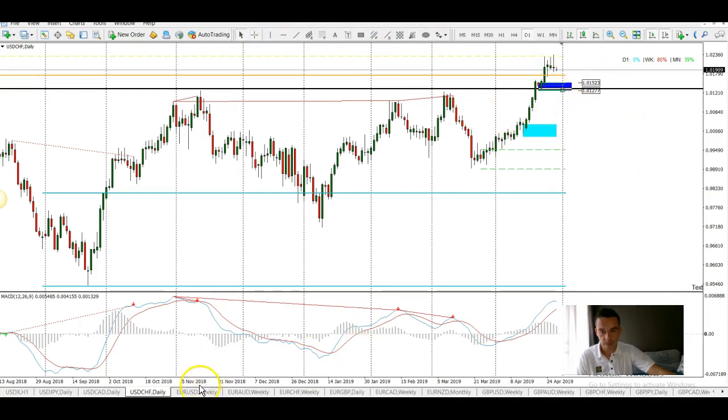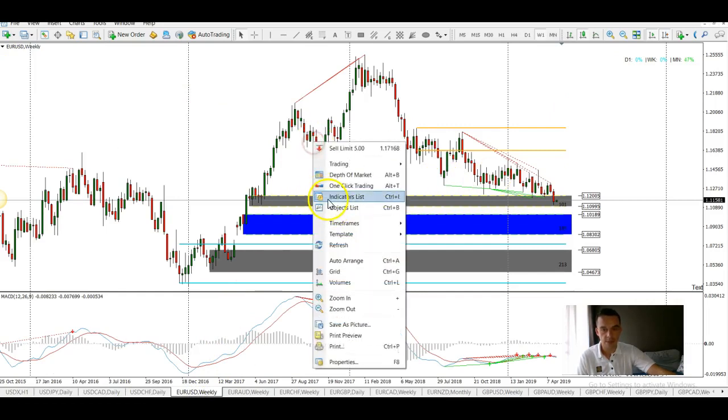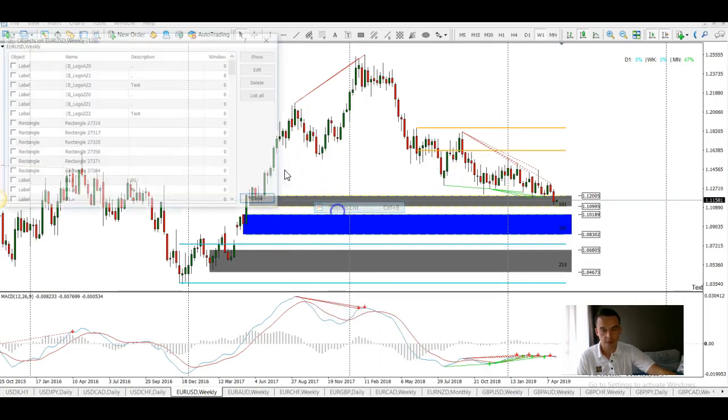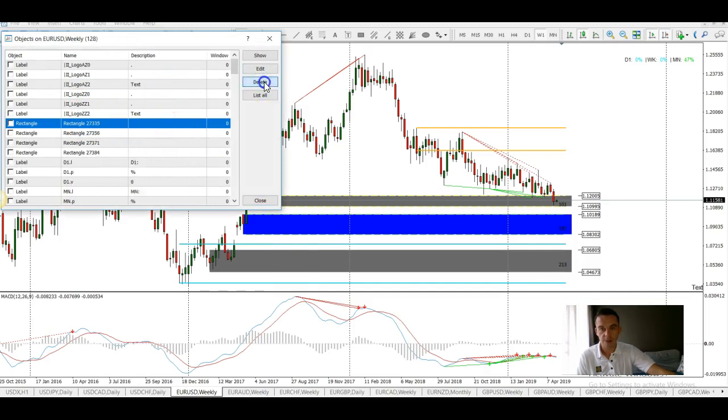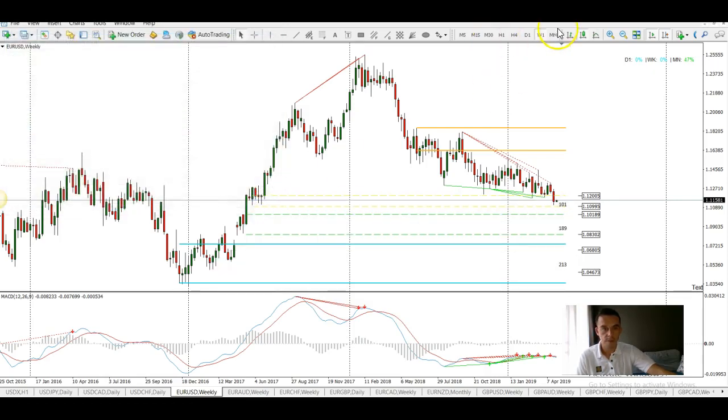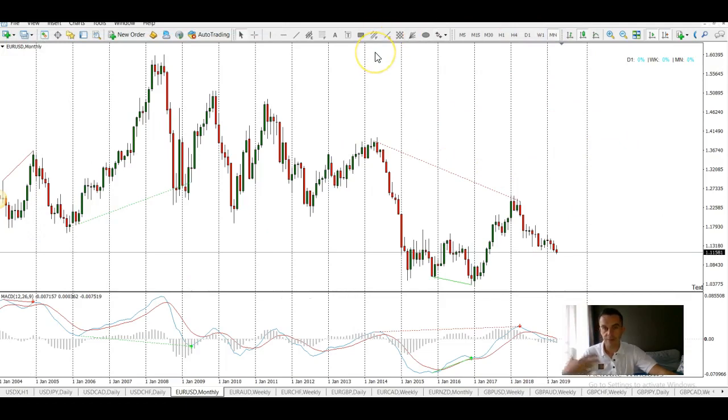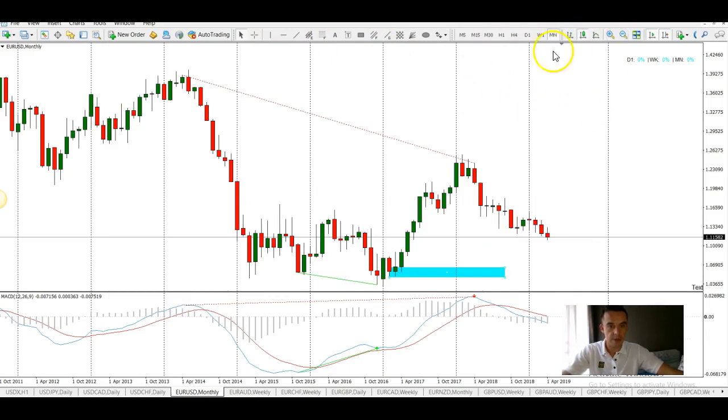Euro USD. Okay, we'll just hit all the zones again from last week and redraw them. And don't forget, if you've got the MacBot system, you actually have an indicator that draws these zones for you. I personally like to draw them manually, so it just gets my eye trained for them. But if you're only beginning, the MacBot system is perfect. Okay, so Euro USD